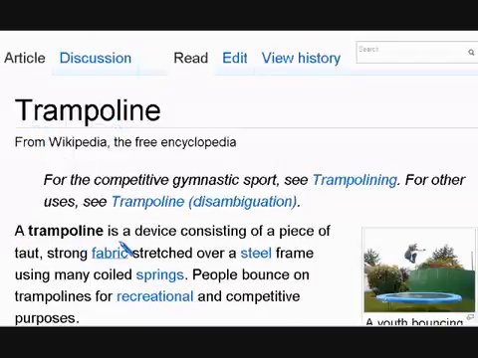A trampoline is a device consisting of a piece of taut, strong fabric stretched over a steel frame using many coiled springs. People bounce on trampolines for recreational and competitive purposes. So,